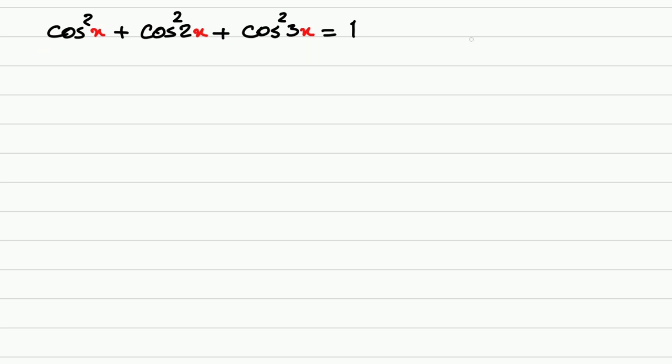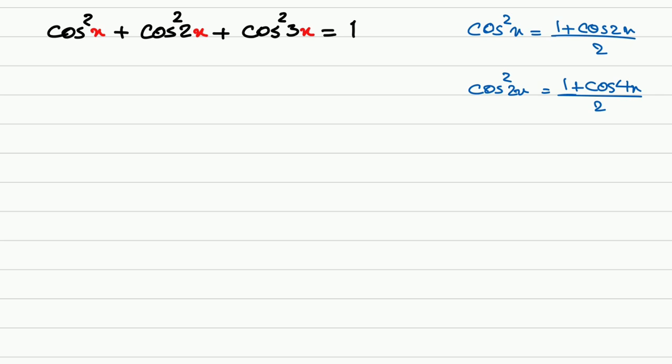So first of all, let's use this formula. Cosine squared x, we can write it as 1 plus cosine 2x over 2. And then we can also apply it to cosine squared 2x, and it is 1 plus cosine 4x over 2. So we replace these two in the equation. We have 1/2 plus cosine 2x over 2 plus 1/2 plus cosine 4x over 2 plus cosine squared 3x, that's